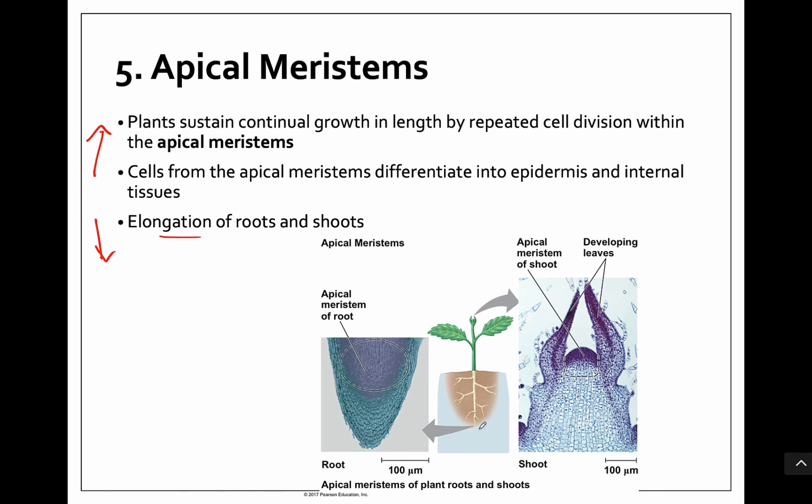So this is the bottom of the root tip here. You can see this is the bottom of the root tip. And this area right here is where the cells are actually doing mitosis. So what happens is these cells divide and then they push the root tip further into the earth. So the plant is only actually growing at the very tips of all of its roots, and those are called the apical meristems. Same thing for the stems. At the very tip of the stems, you can see another apical meristem, and this is where it's going through mitosis to allow the plant to grow up.